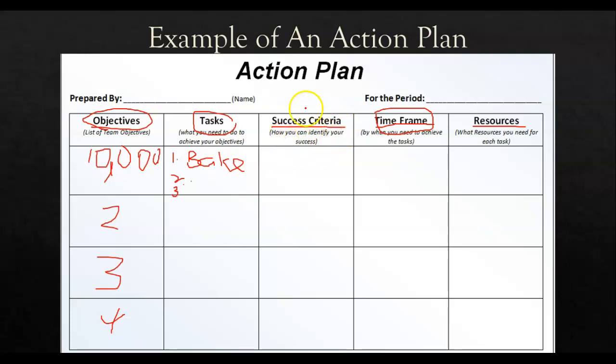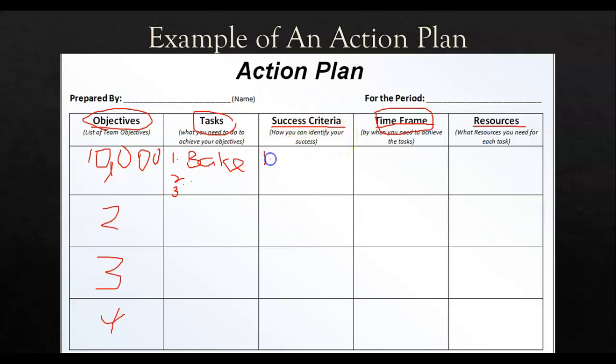Okay, so this is where the indicators come in. And objectives has to do with your key results areas. So how can you identify?